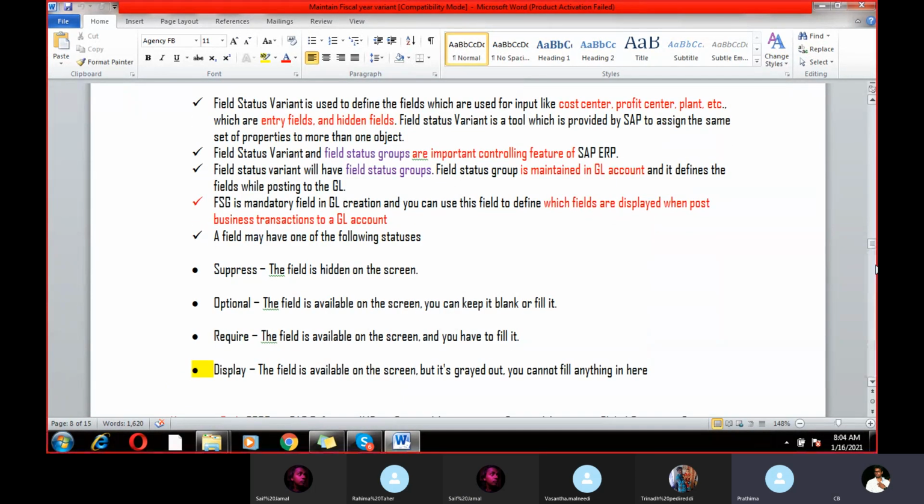See, field status variant is very important for the interview level. The first question will come from this area only. It's a simple first round of interview, a basic round. If they want to check anything from the global settings, they will ask this question only. Field status variant is generally used for the